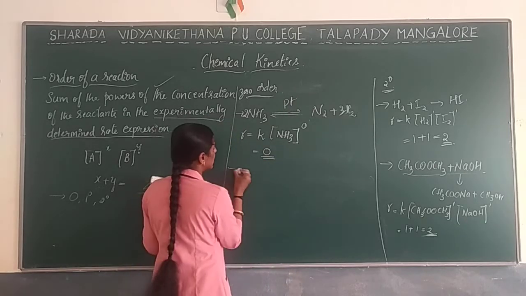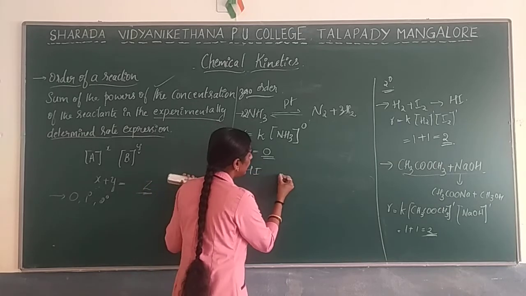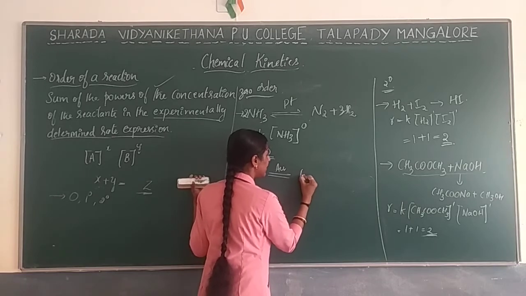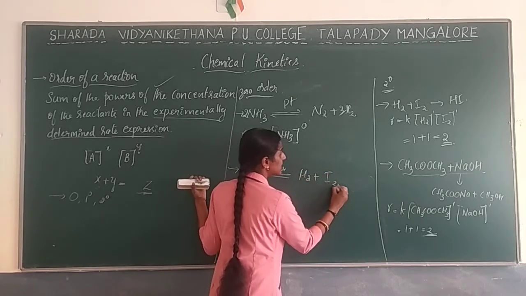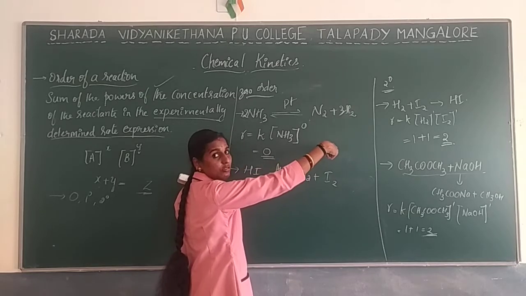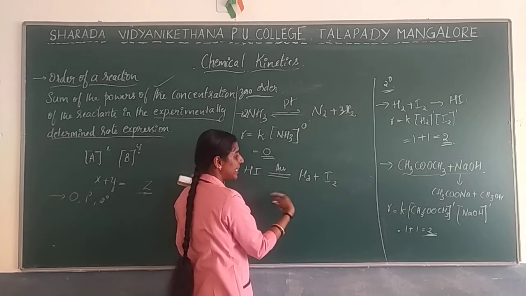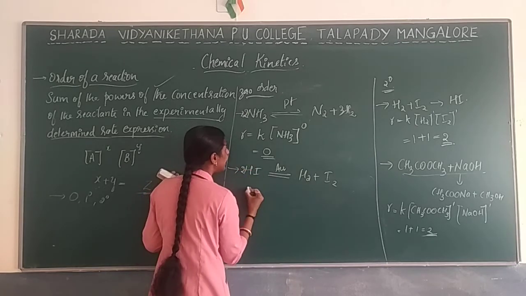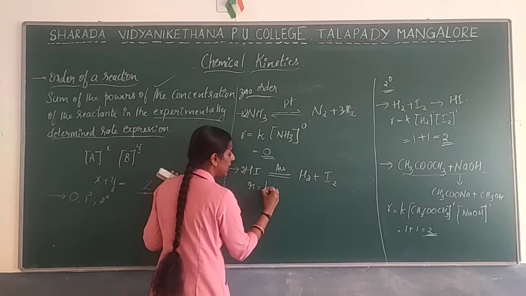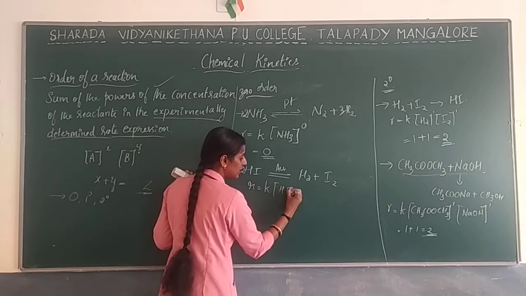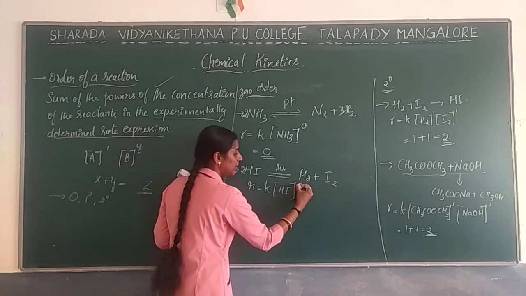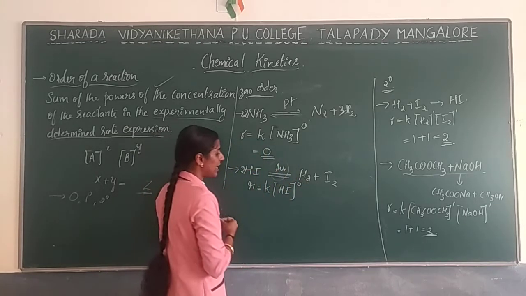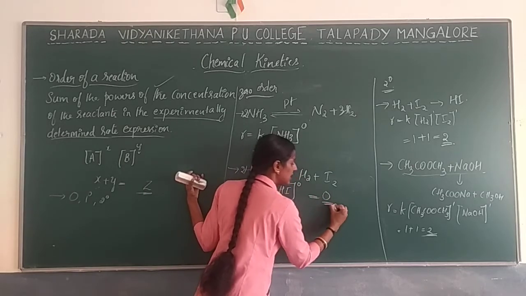Okay. One more reaction I will give. Hydrogen iodide in the presence of gold, the reaction will be done, so that we will get H2 plus I2. See the difference? Here, in the presence of a catalyst, the reaction will be done. Now here if you are writing the rate, R is equal to K into concentration of HI, right? What will be the power? Power will be 0 because it is 0 order, because the reaction will be done in the presence of a catalyst. Here the order of the reaction is 0.